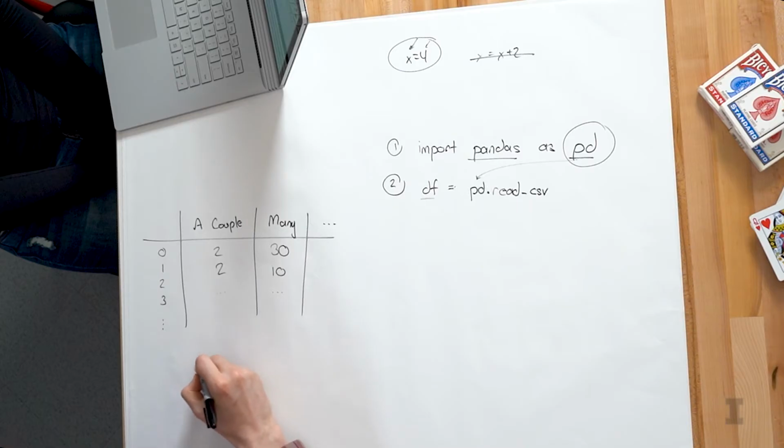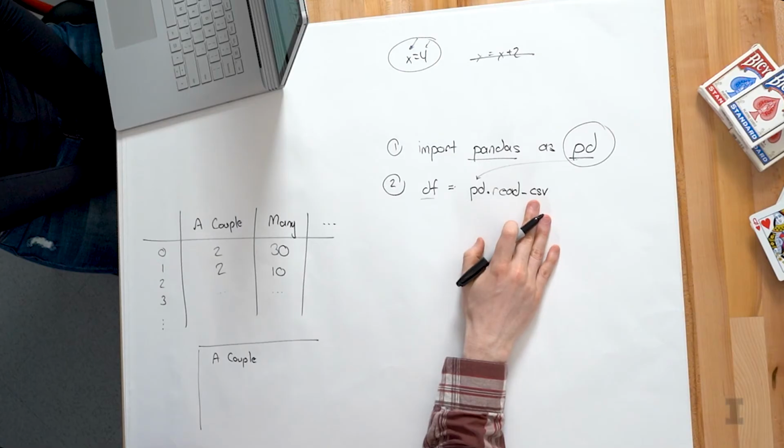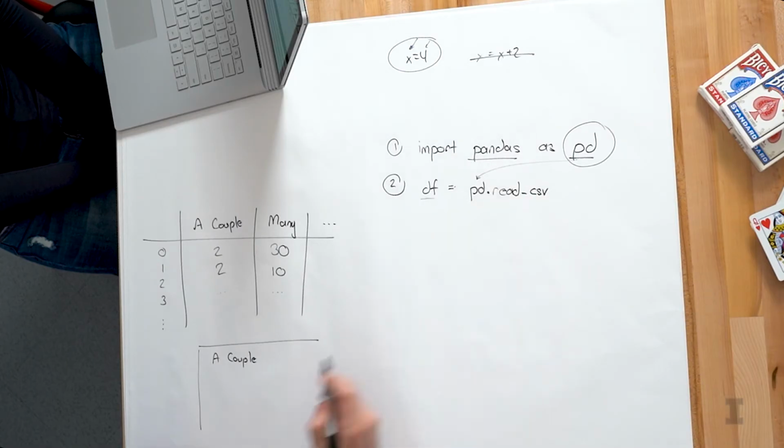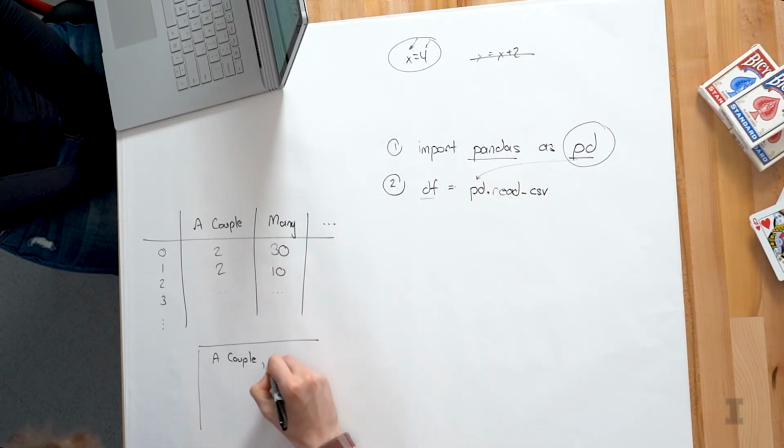So the first line in a CSV file is going to contain a couple, and then a comma separating each column header, because CSV stands for comma separated values. So a couple, comma, many, comma, all of the other fields, all the other variables that are in our data set. Then every other line in the file, besides the first line, is going to contain the data,